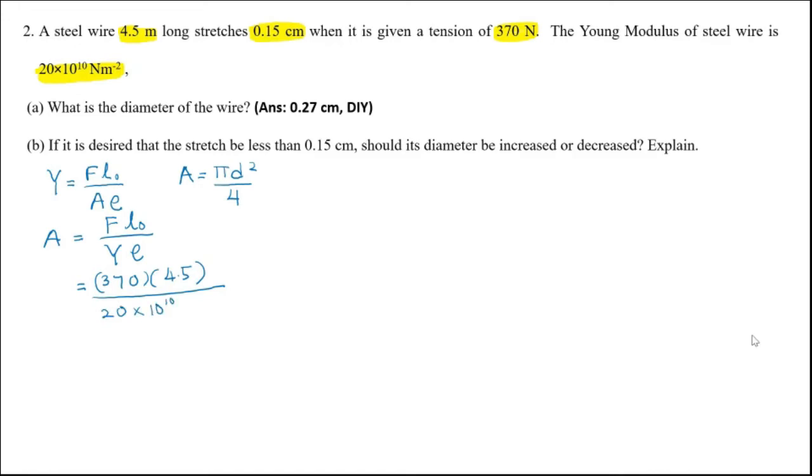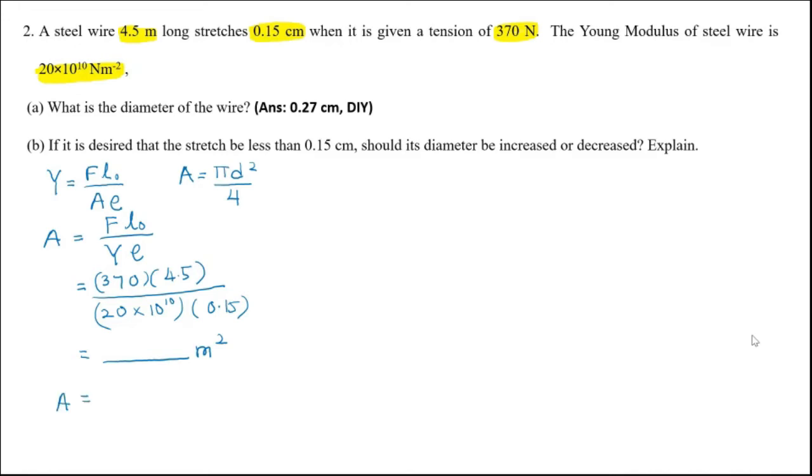Then the elongation is 0.15. So you get the answer in meter squared for the area. Right after finding the cross-sectional area, substitute its value into the formula of the cross-sectional area for a